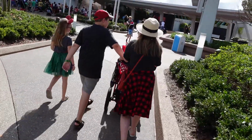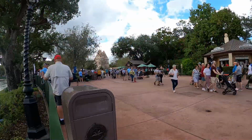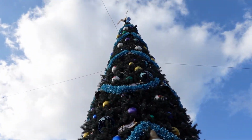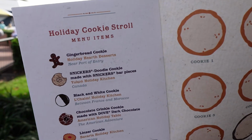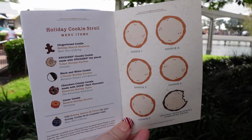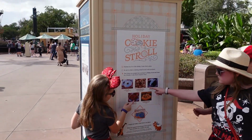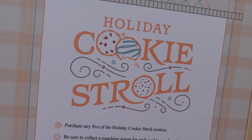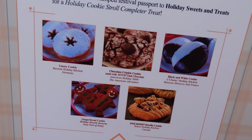So right now it is just about lunchtime, and as you can see, this place is pretty busy. Now our plan is to actually get a couple of different things from several different booths. That way we can share them, we can all try them. And then after lunch, we're going to do the holiday cookie stroll, which is another Epcot tradition that we look forward to. And it's definitely a fun challenge to do as a group because you have to try 5 different cookies from around the world,